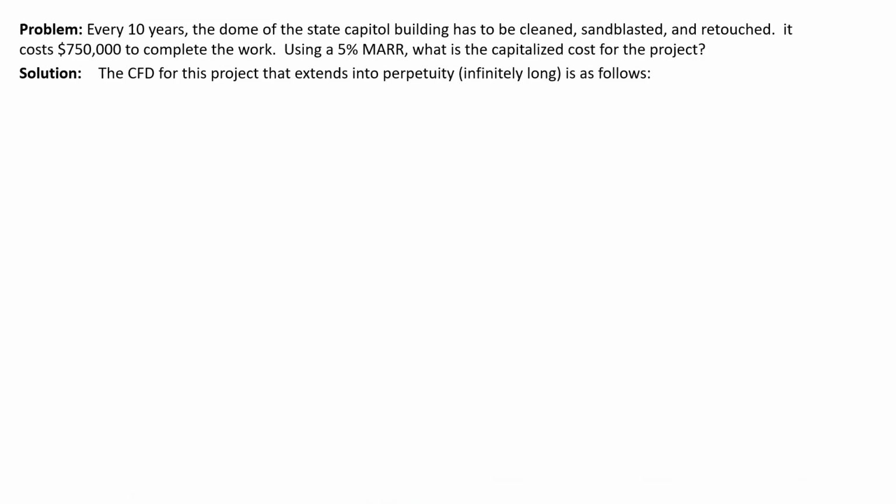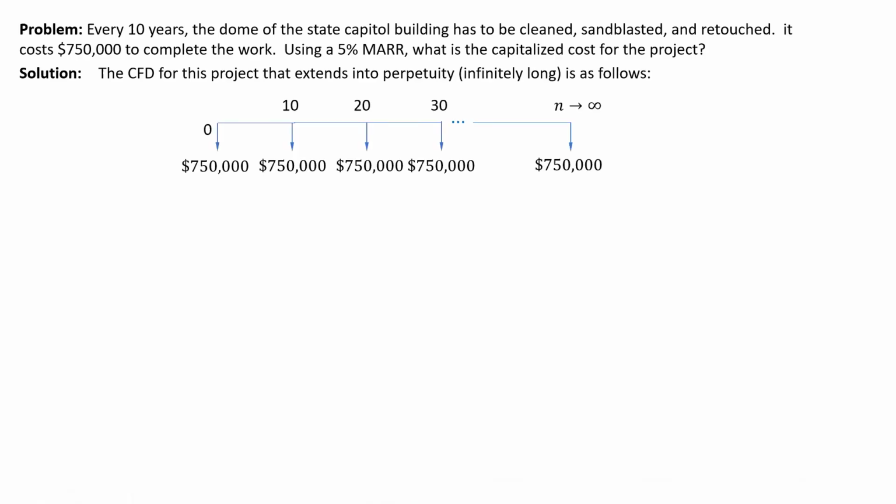So the cash flow diagram for this project that extends into perpetuity, that is infinity long, is as follows. They gave this. If they hadn't given this cash flow in the problem statement, I would have been a little confused. Wait a minute, every 10 years, would that happen at t equals 0 or not? To be honest with you, I would have thought at t equals 0 we should not have had a $750,000 cost because it's just starting, right? However, apparently this is what they meant, and I'm thankful that they gave the cash flow diagram. So the cash flow diagram does show that there is the $750,000 cost at t equals 0. I would have thought the whole cleaning process started at t equals 10, and subsequent to that at t equals 20, 30, and so on. But anyways,